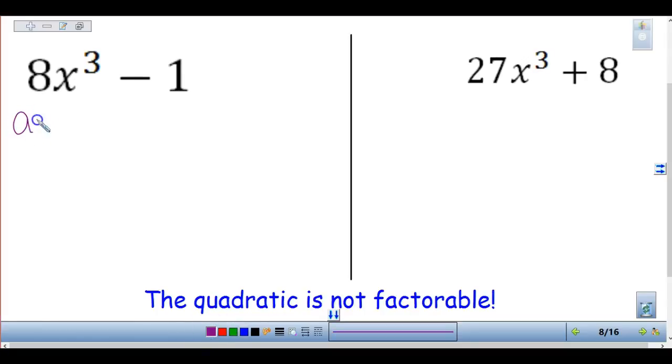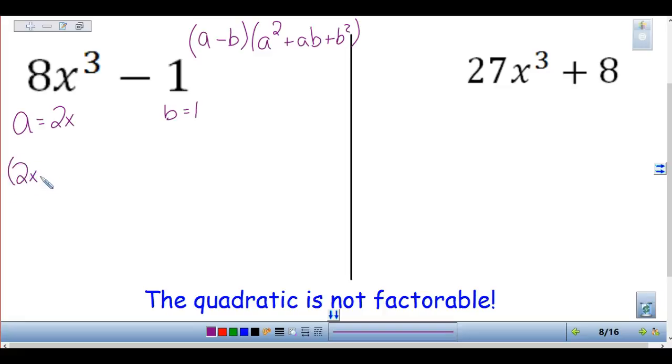So here, A is going to be 2x. Take the cube root of that. B is going to be 1. We will get a minus b, and then a squared plus ab plus b squared. Again, that formula is on the board for you if you need it. All right, so when we do this, we are going to have